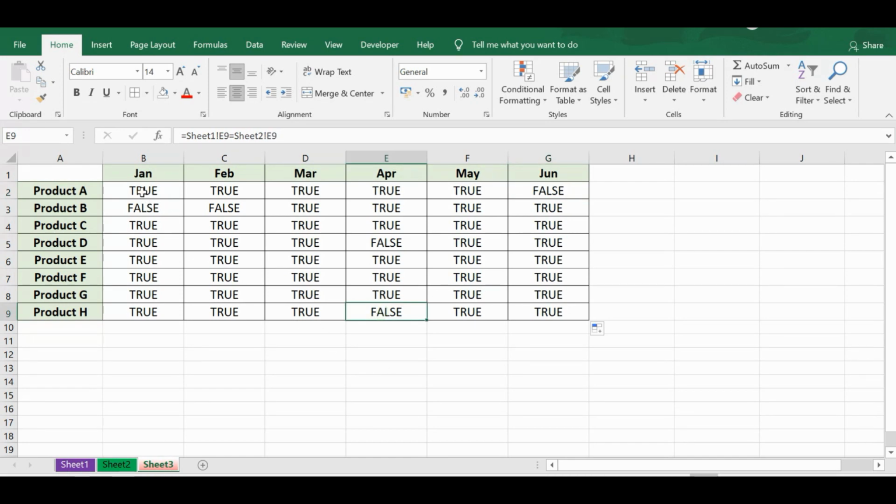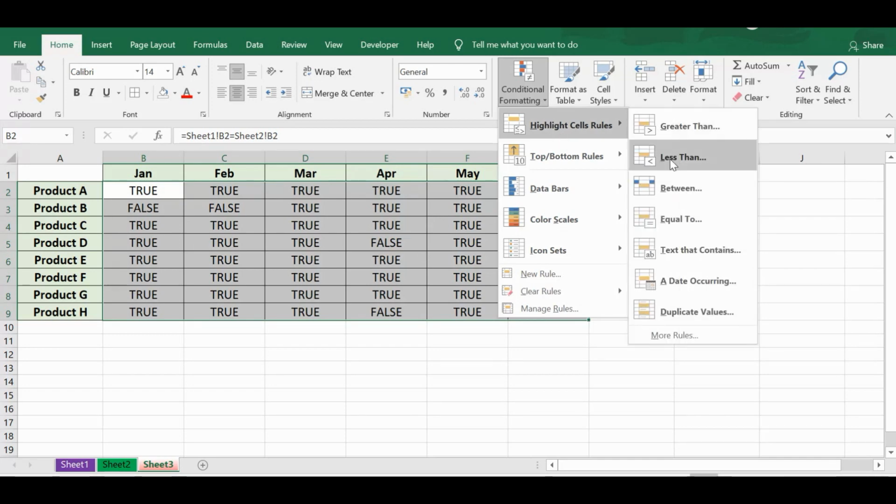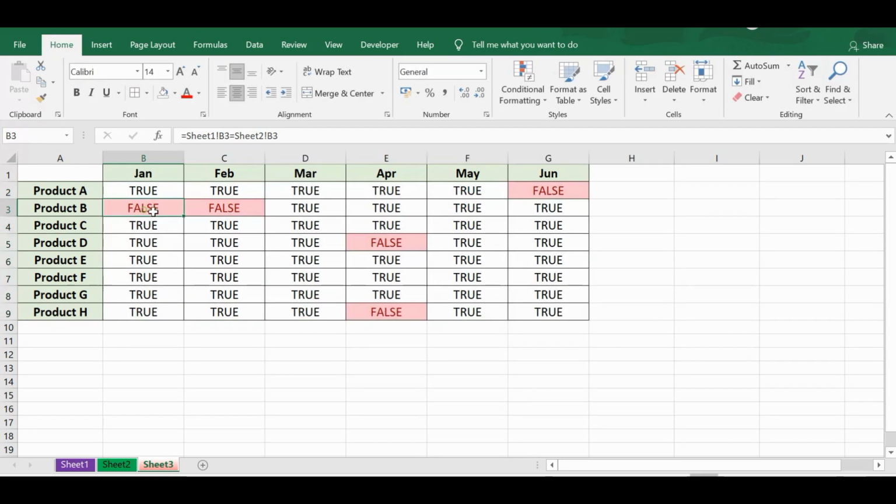So on this sheet 3, if I want to highlight, then I will select this in conditional formatting. I can highlight cells equal to, and then I write here false, press OK. So we can easily see that 1, 2, 3, 4, 5 values are different on both sheets.